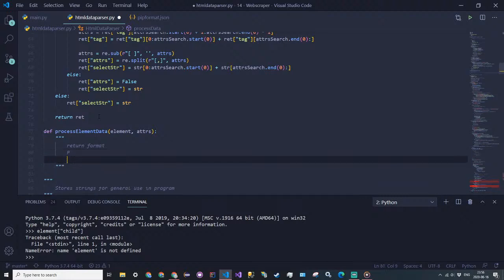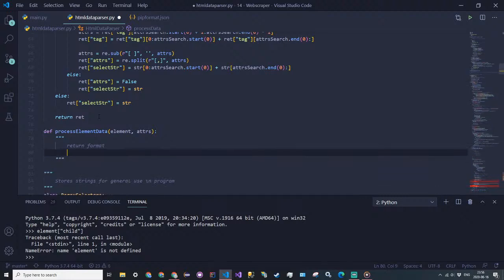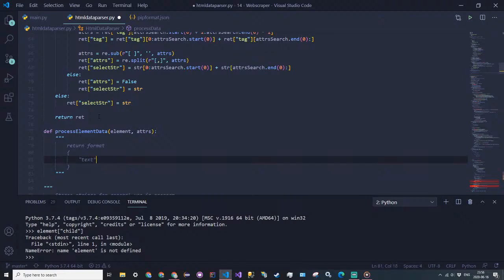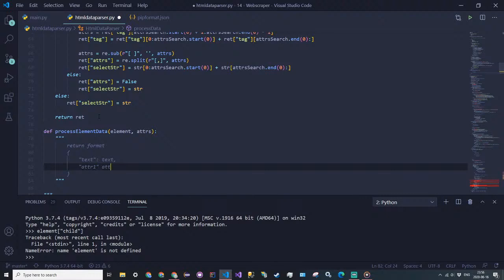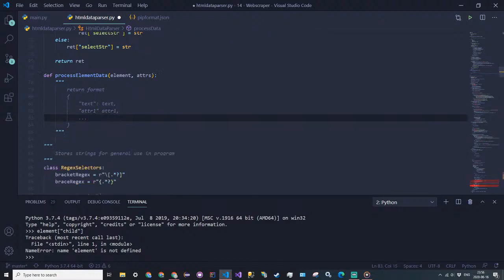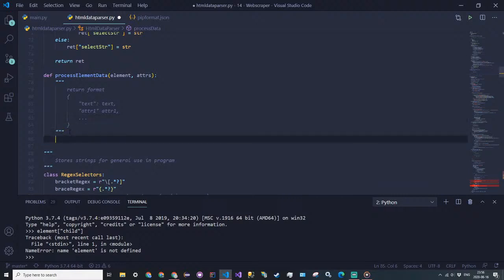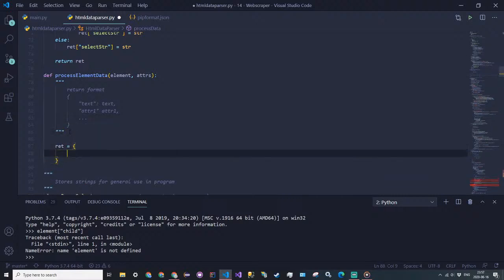So it's just going to be, oops. We're just going to return the text, which is just the text, and then now our attributes. So attr1, attr1, and so on, so that we're just going to return the text and the attributes separately. All right. So first we're going to do ret is equal to, and the text will be clean text, and